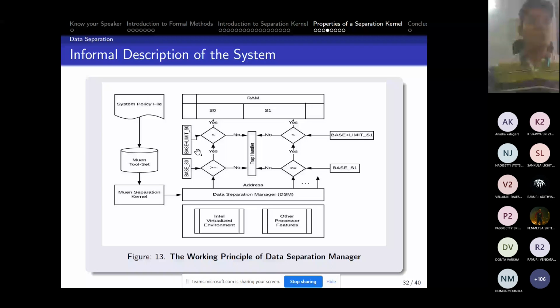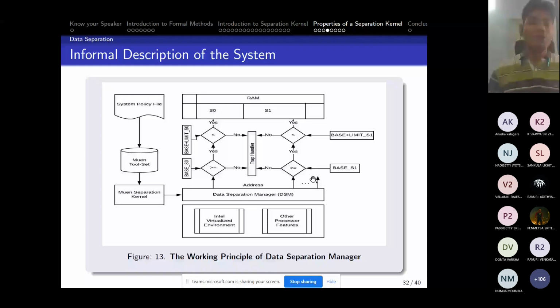It will add the limit to it, and then check whether this particular subject is allowed to access this location or not. If it is allowed, then fine. If not, there will be a trap handler, or an error message that this subject is not allowed to access this particular memory location.